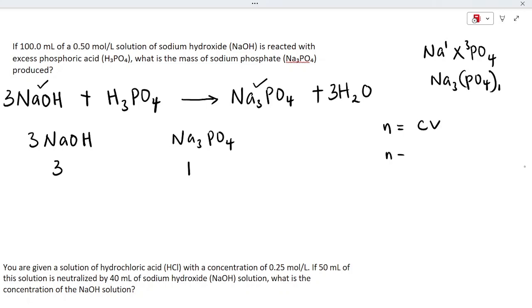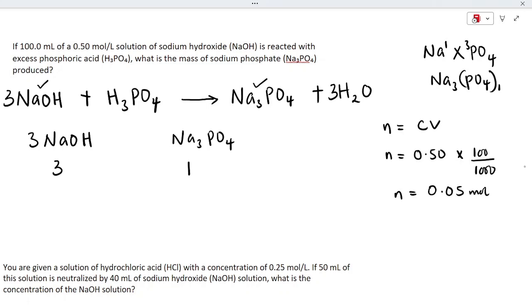So therefore, the number of moles becomes 0.50 times the volume, which is 100 milliliters, divided by 1000, in order for it to be in liters. So once you do this, I think this is easier in this case. 100 divided by 1000 is 0.1. 0.1 times 0.5 will give us 0.05